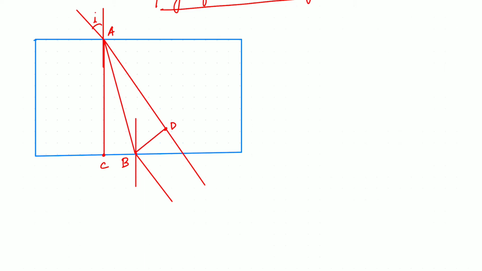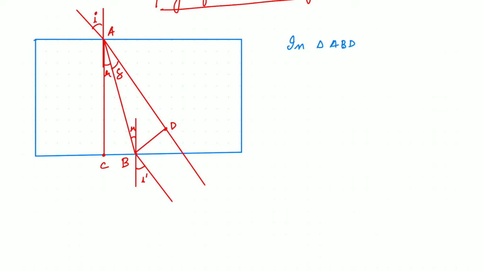So this was your angle of incidence, this was your I dash, this was R, this was R. And this was delta, that is your angle of deviation. Now if all these things are understandable, let's very quickly see in triangle